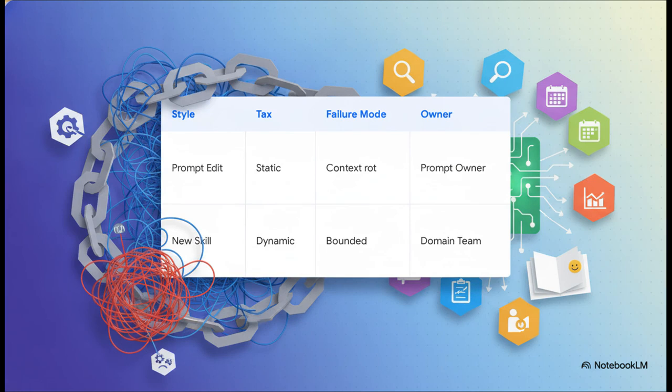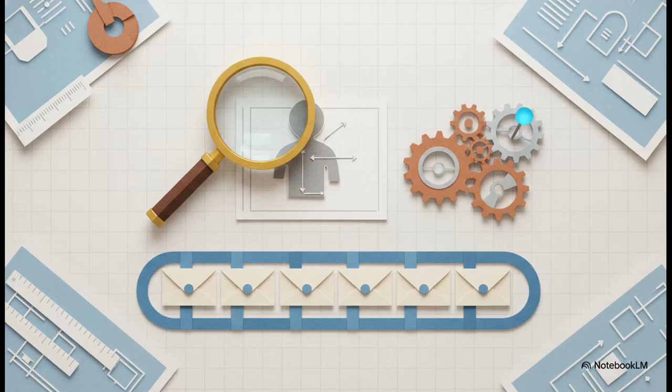Comparing these approaches makes it so obvious why we need to move away from high-tax system prompts. Look, if you edit a system prompt, every single chat turn pays the context tax. It inevitably leads to instruction conflict. But if, say, your HR team builds a new onboarding skill, it dynamically loads only when needed. The failure mode is bounded, and the domain team can own it themselves without waiting on some central AI platform bottleneck. By following these actionable best practices, honestly, any organization can start translating their unique institutional knowledge into an automated